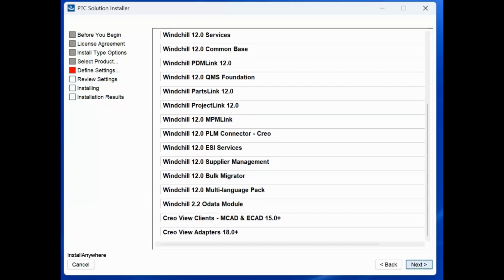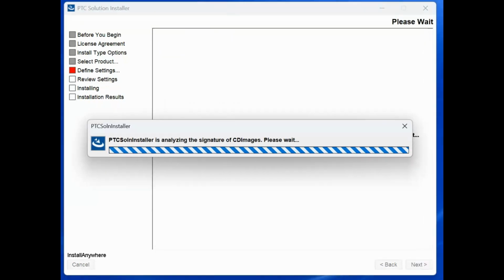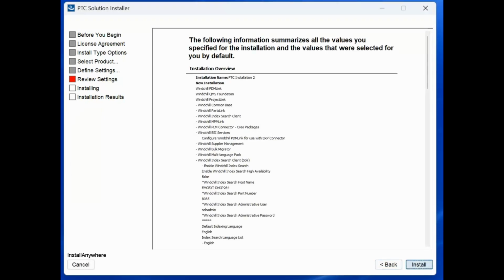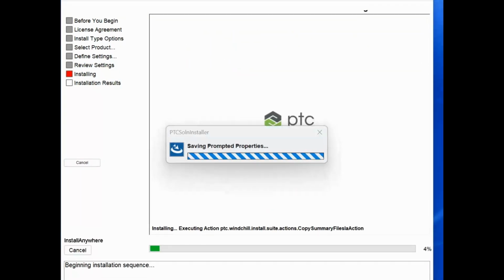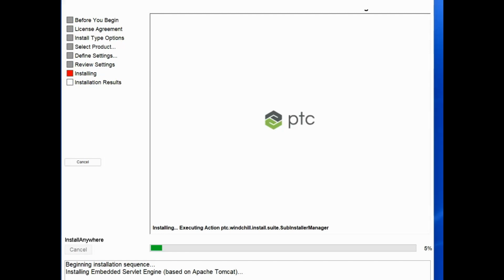I just have to click on next, and then it starts the installation of Windchill 12.0 in my local system. And once this is installed, I will be able to access this in my local system by the URL provided. Thank you for